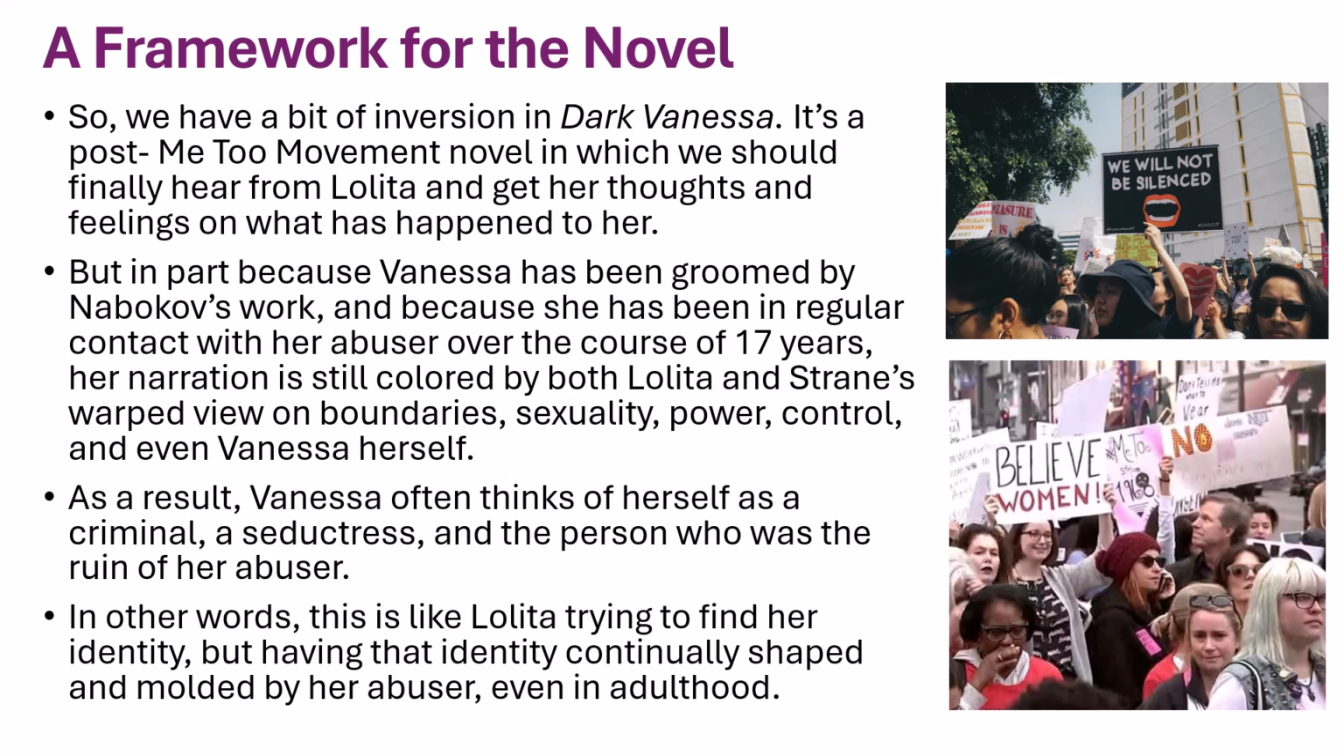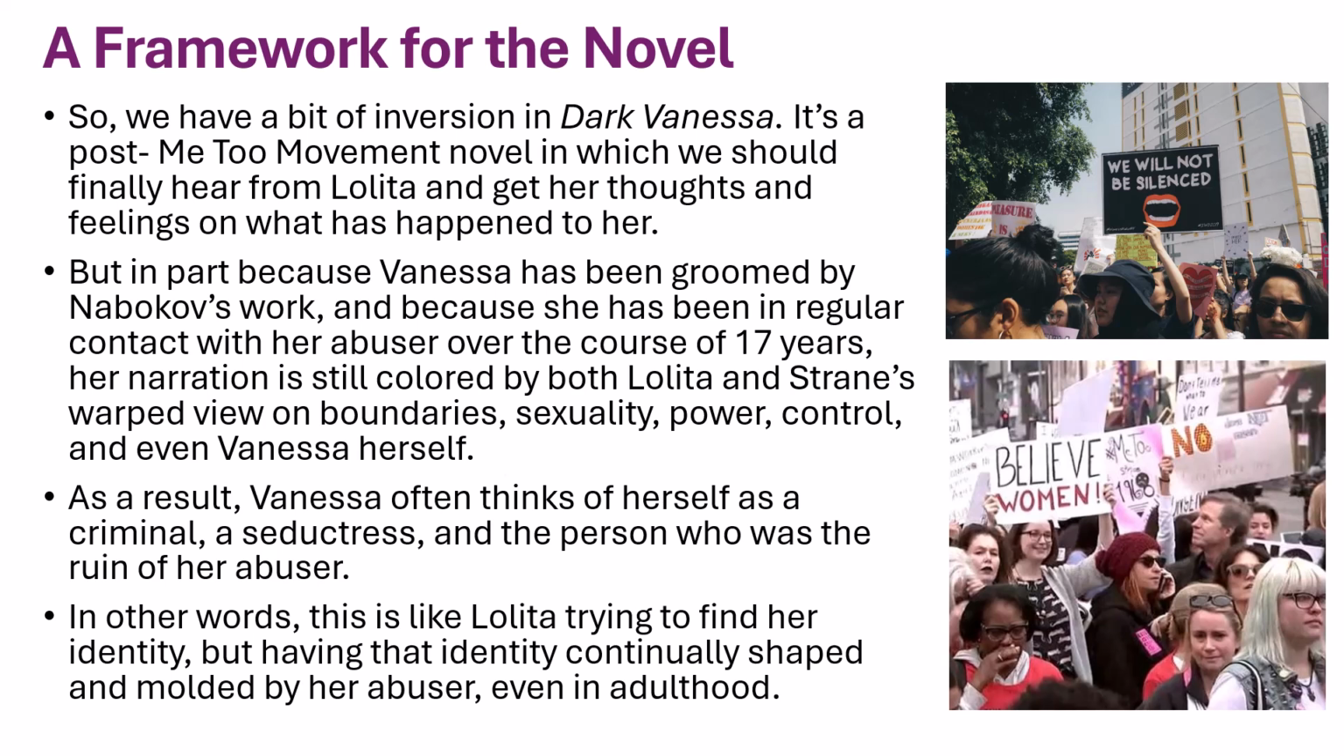So it also serves as a framework for the novel. In My Dark Vanessa, we have the inversion of Lolita. It's a post-Me Too movement novel, in which we finally get to hear from Lolita. We get her thoughts and feelings about what happened to her. But in part because Vanessa has been groomed by Nabokov's work, and in part because she's been in regular contact with her abuser over the course of these 17 years, so she's still in contact with him at 32, her narration is still being colored by both Lolita, the novel, and Strain's warped view on things like boundaries, sexuality, power,